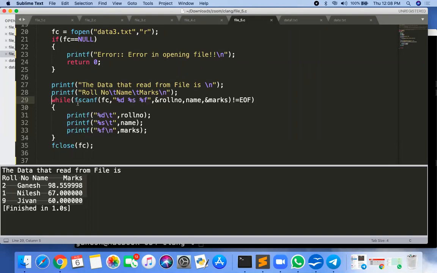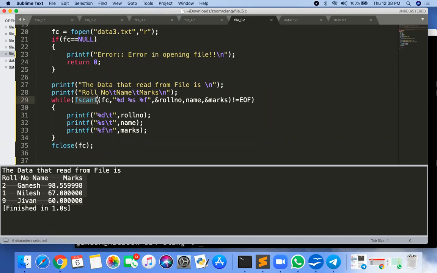Actually for and while have no meaning here. It is fgetc, fputc, fgets, fputs, fscanf, fprintf. These are the six functions which can be used for file operations, and every function will increment the file pointer itself. No need to increment manually.